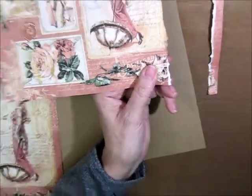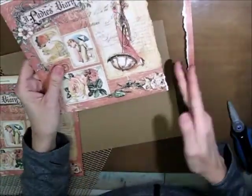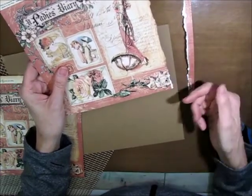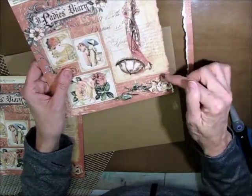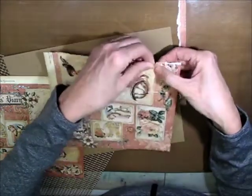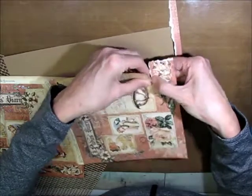So depending on the look you're going for, sometimes I'll do it with the white strip facing up because that's the look I'm going for. I might want to roll this up, or I might want to distress it a different color with some of my distress inks. There's lots of different reasons why you'd do it either way. But for this particular card, I think I want to do it so that I don't have that white edge sticking up. So I'm just going to continue to rip